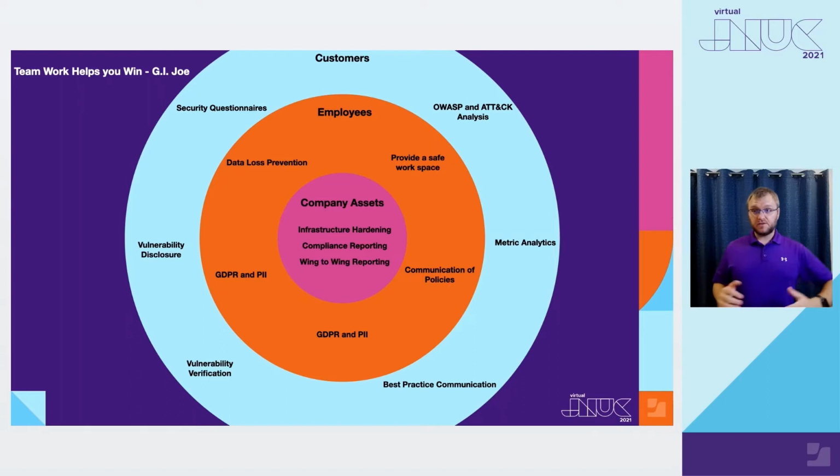And then lastly, one of the more important ones is actually best practice communication. Talking to customers to help them secure their environment as best they can. We only have so much that we can do at Jamf to secure our customers. Some of that has to be on them. An example of this would be LDAP not having a lockout pattern. It's a best practice that after 10 failed attempts, by IP address or by username, you lock them out. So we make sure that we have those published out for the end users as best as we can.